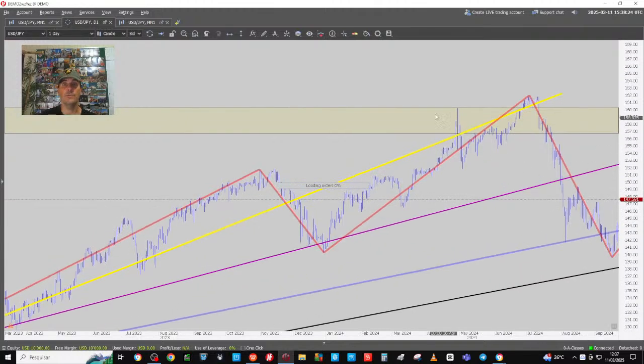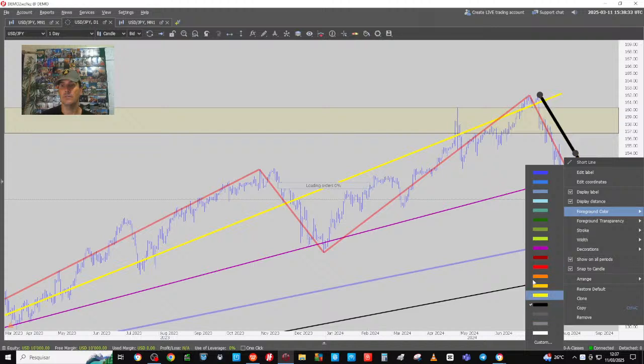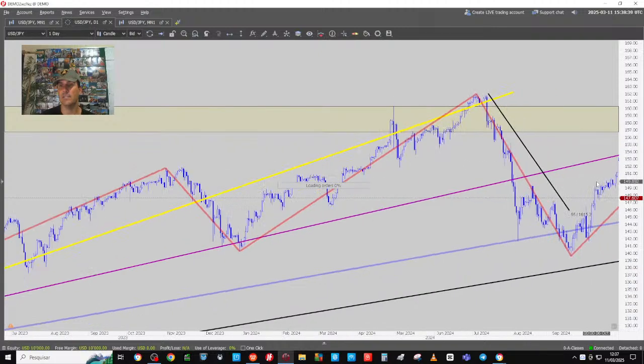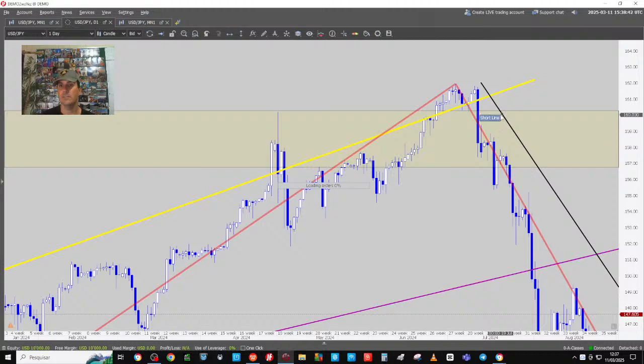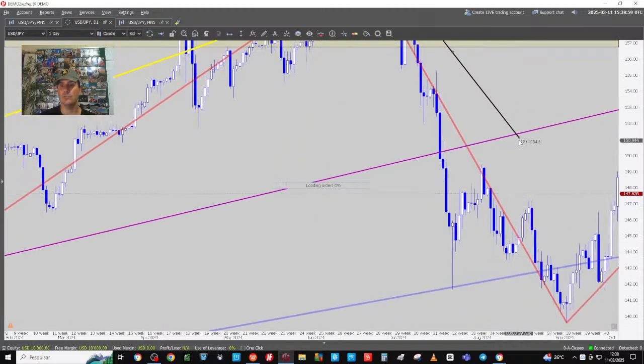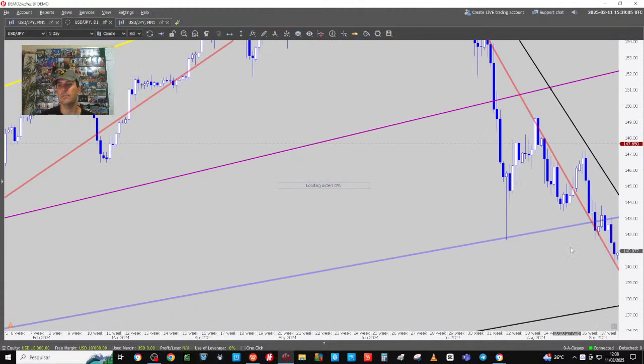Would it be anything wrong if I put a down trend line on the daily chart? Would this be wrong? I'm going to make it thicker because I need to see that I'm not breaking any tails, right? This is the high now here, up in here, so give me a second, everybody. I must not break, I have a tail up in here, so I can do down, down, down on the daily, right? I'm going to extend this one, extend down to here. You don't see the future anyway.